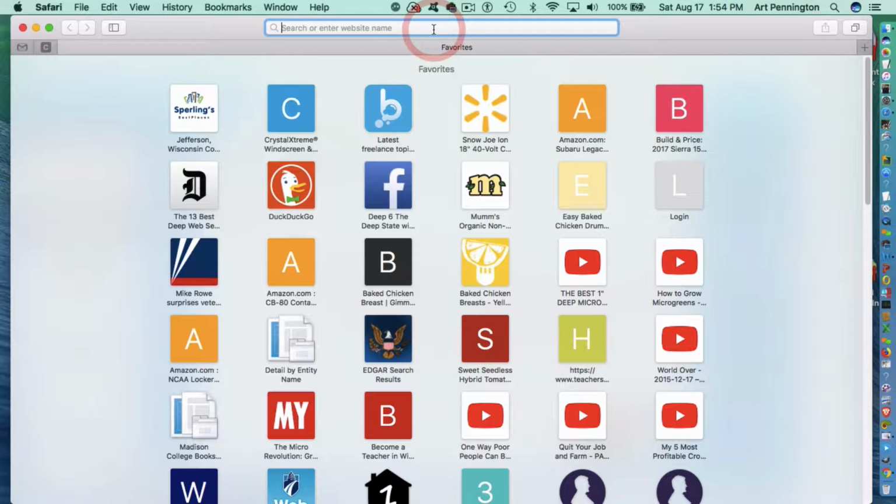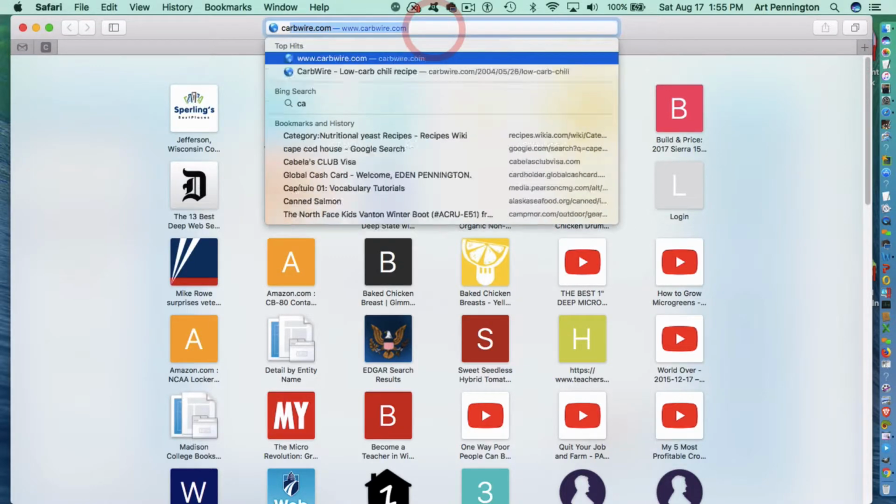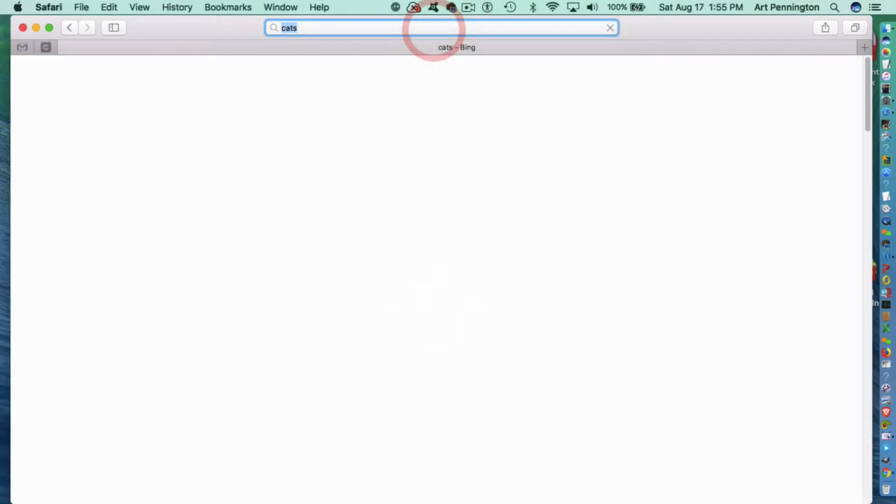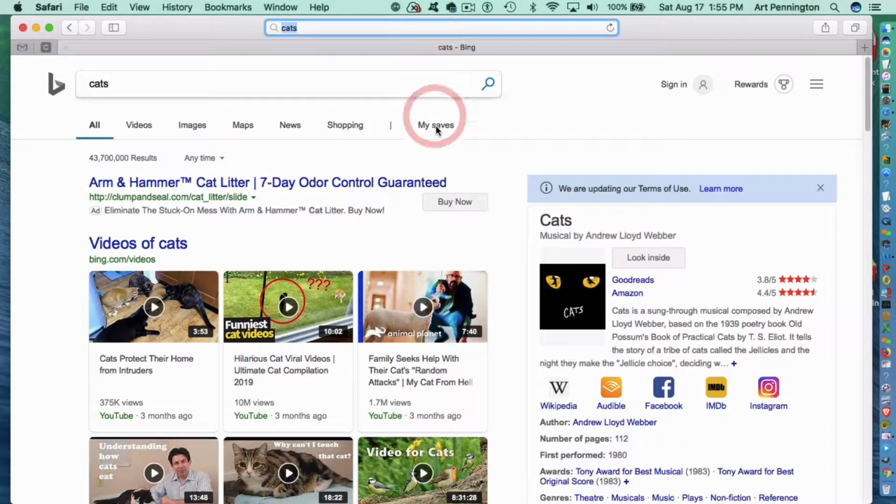Oh, by the way, URL stands for Uniform Resource Locator, and that's the term for a website address or anything you want to search for on the web. If you just type in a word there, it'll do a search. If you type in a website address like a .com or something, then it'll go to that website. So anyway, what we're going to do is type in the word cats. Going to find some images here. So just type in the word cats and hit return, and it'll pull up everything it can find